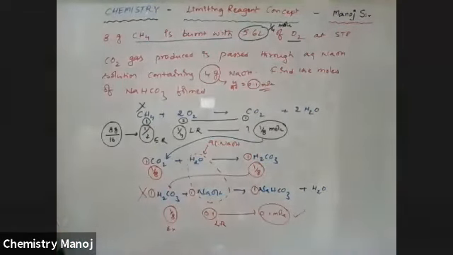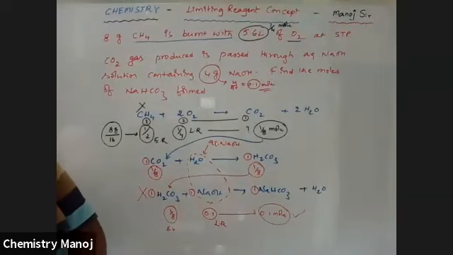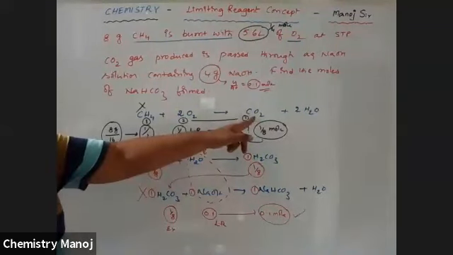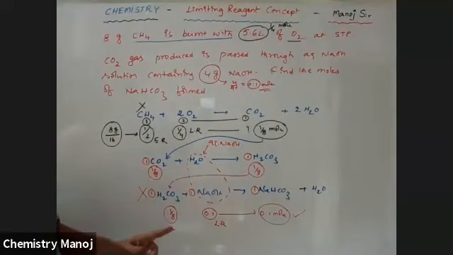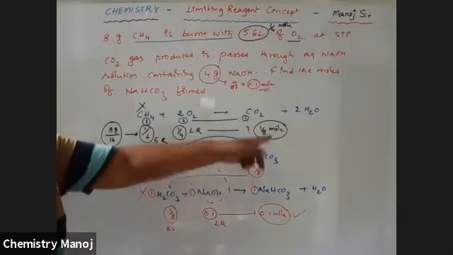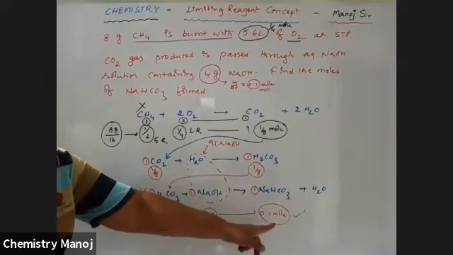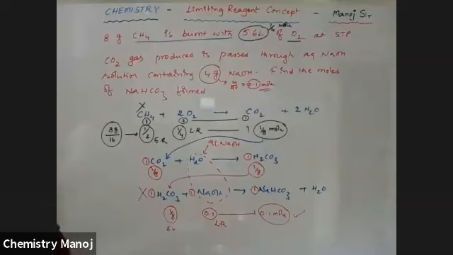0.1 mole NaHCO3. These are called sequential reactions. That type of problem I am also going to discuss here. Very, very important. This product is used as a reactant here. So sequential reactions take place. If you know this value, then you should be able to calculate this one. So it is very, very important.